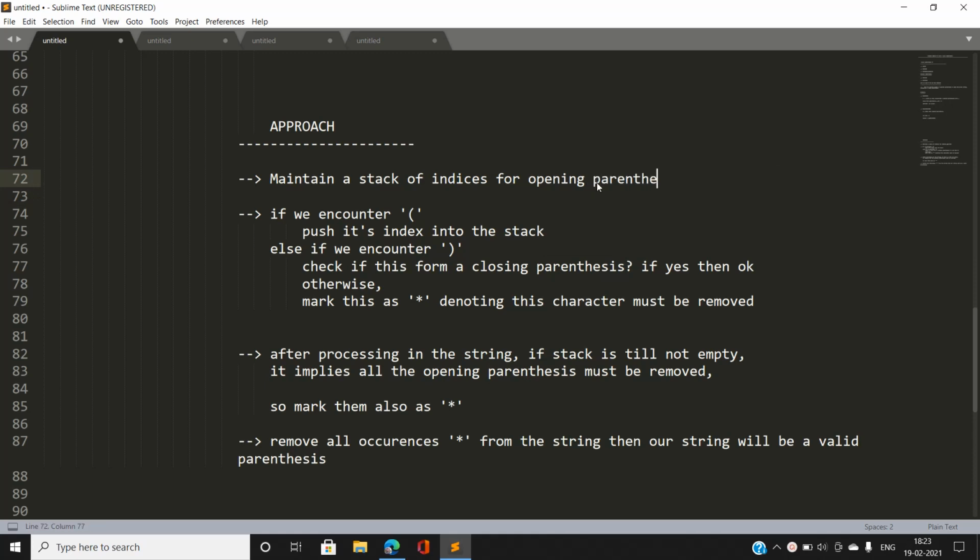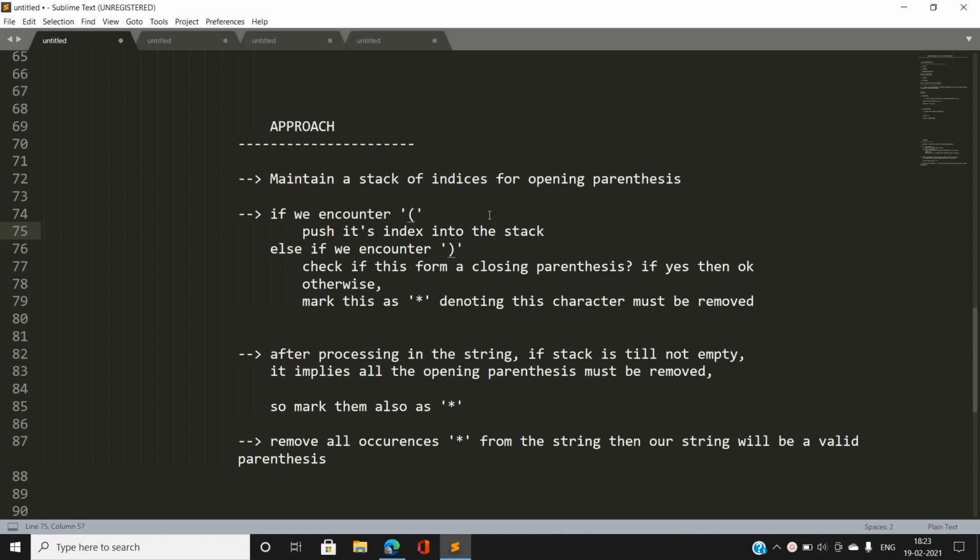If we encounter an opening parenthesis, I am going to push its index into the stack. That is, for the current index, I store the indices of opening parentheses that have already occurred behind, whose index will be smaller than the current index.